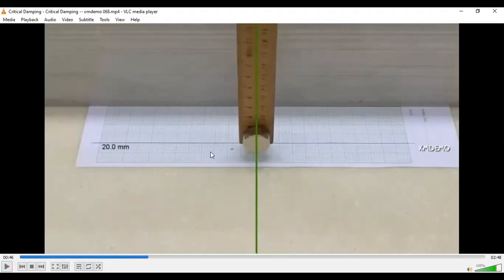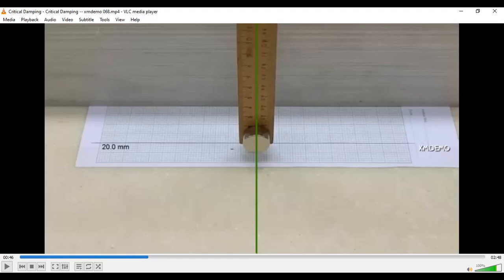Now you have counted how many click sounds there are, or you can just count how many vibrations there are. It is almost 11, 12 vibrations. So this is the aluminum block, and this is the magnet. If I keep the aluminum block closer to it, the resistive force, meaning the attraction between the magnet and aluminum, increases.